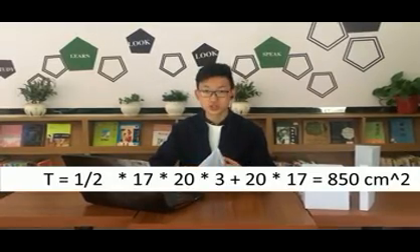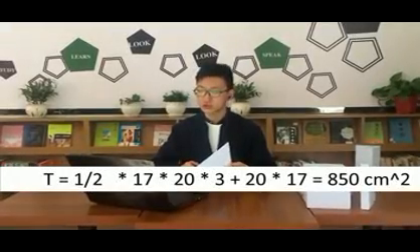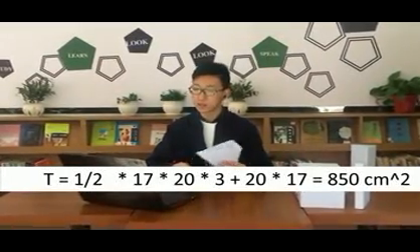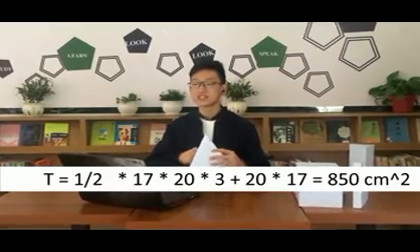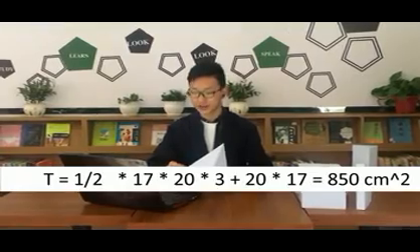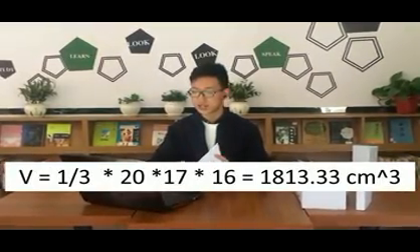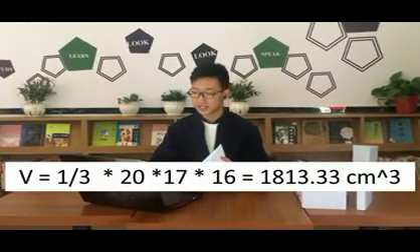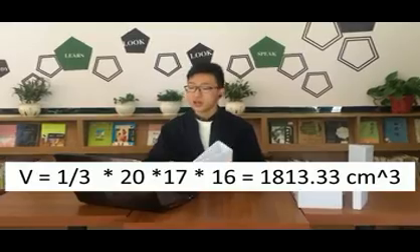Then we can get that T is equal to 0.5 times 17 times 20 times 3, plus 20 times 17, which equals 850 centimeters squared. And the volume is equal to 1/3 times 20 times 17 times 16, which is about